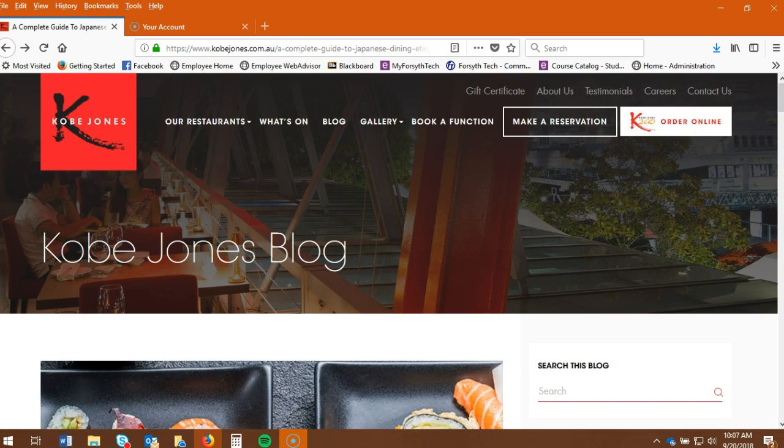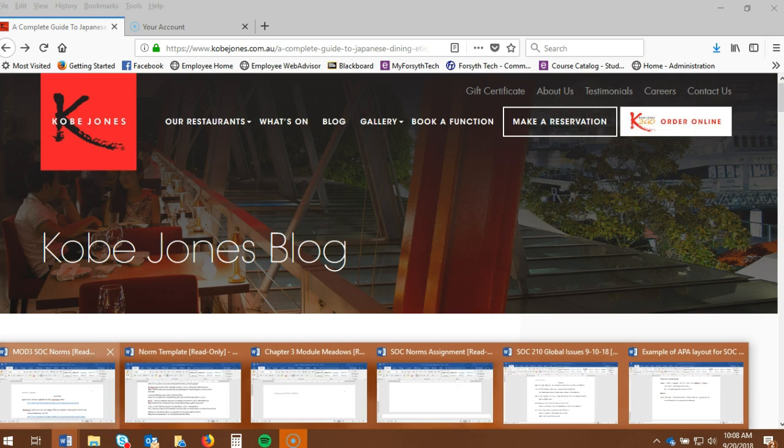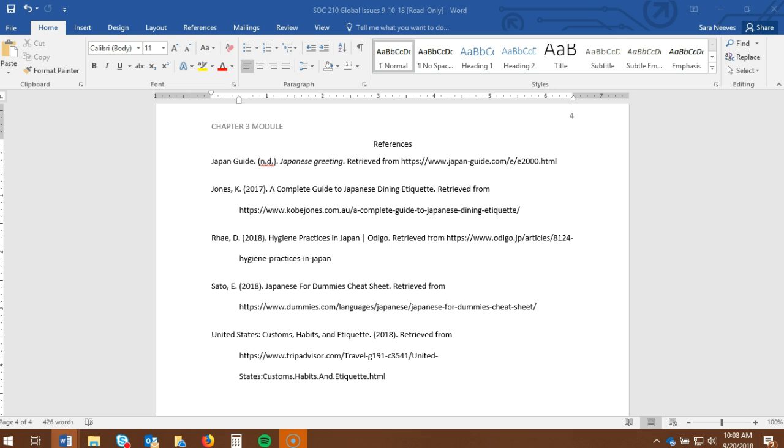So this is a tricky one. How I think it would need to be cited is probably, I mean, this is kind of stretching it. I didn't see a date on there either. And then this would be a complete guide to Japanese etiquette. That would be italicized. And then I would correct the etiquette,